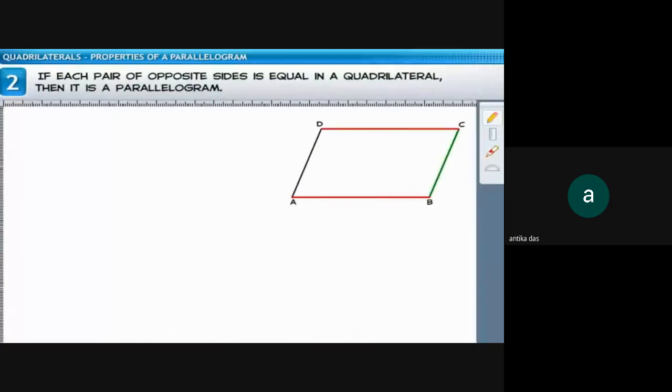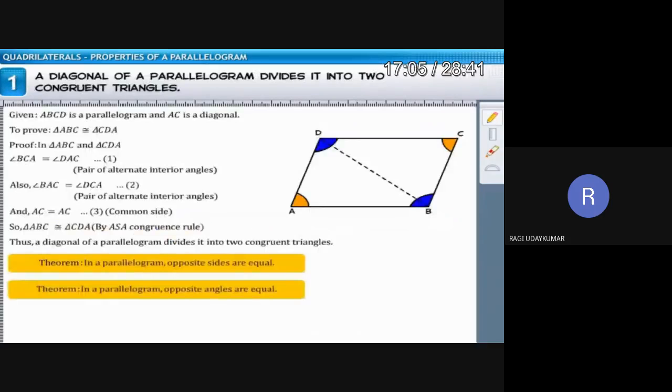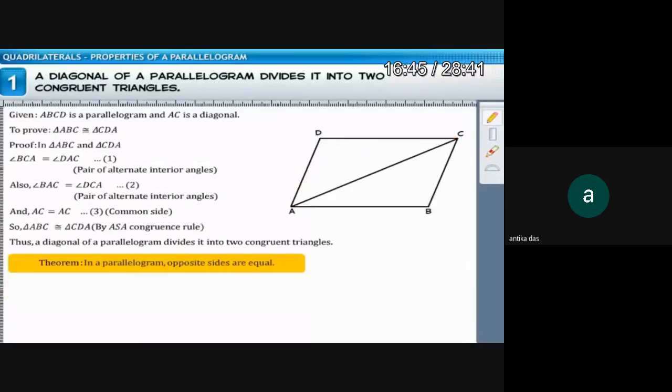सर, इससे पहले जो आपने डायग्राम दिखाया था, पैरेललोग्राम वाला, उस पर तो हम SSS कॉन्ग्रुएंसी नहीं यूज कर सकते हैं ना? किधर? सर, इससे पहले, फर्स्ट थ्योरम में। इसमें, यस सर। इस पर तो SSS कॉन्ग्रुएंसी नहीं यूज कर सकते हैं हम।